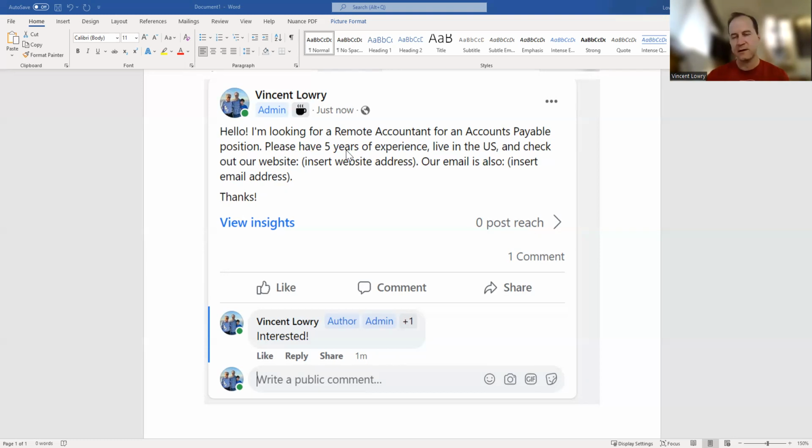And sometimes it's not just there. If it's a remote position, you can live anywhere. But sometimes they're specific about where you need to be. You guys have to pay attention to that and make sure that when you apply for this, you're exactly that fit. Otherwise, you'd be wasting your time and wasting their time, chasing after a job that's just not a direct fit for you guys.